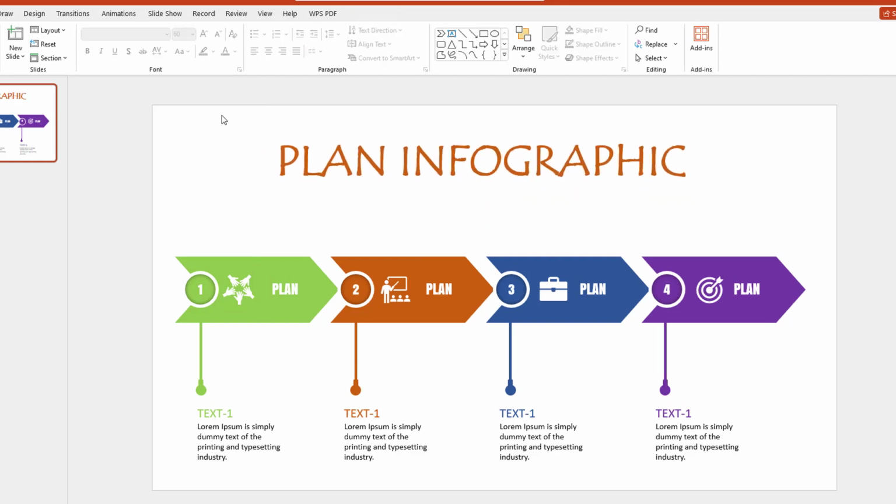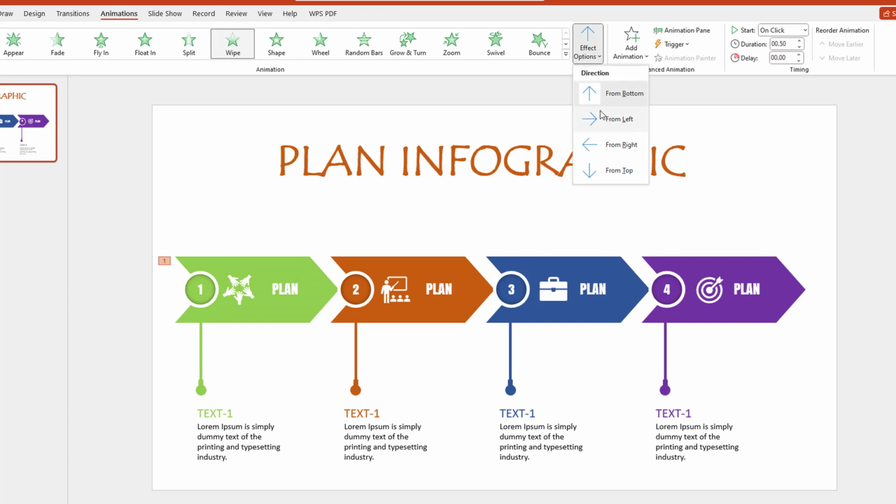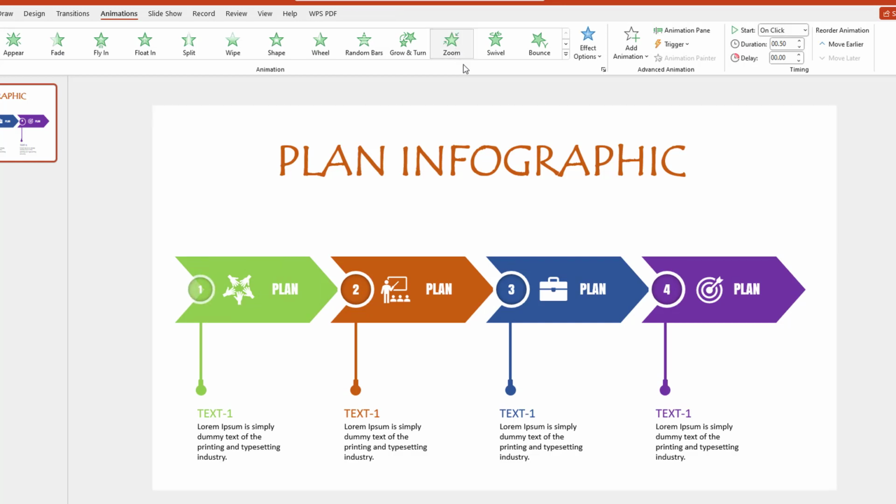Now I have to add some animation. Let me select this one, go to animation, click on wipe, effect option from left, change the duration to 0.75, then click on this, click on zoom, after previous 0.75,